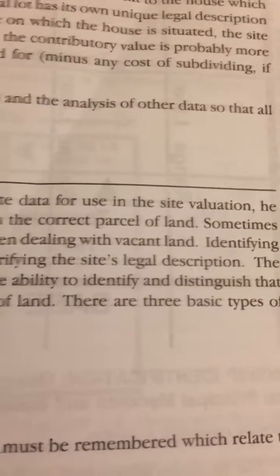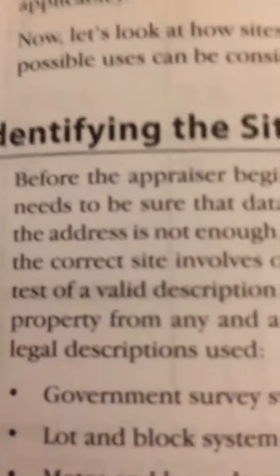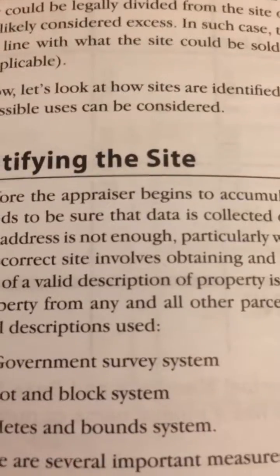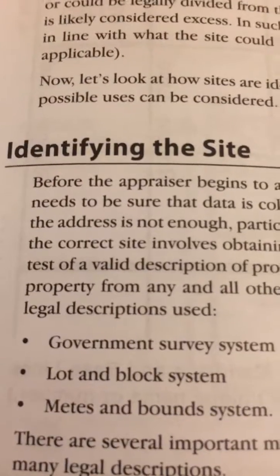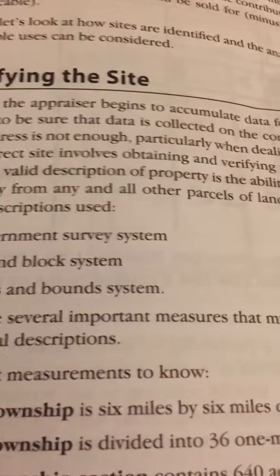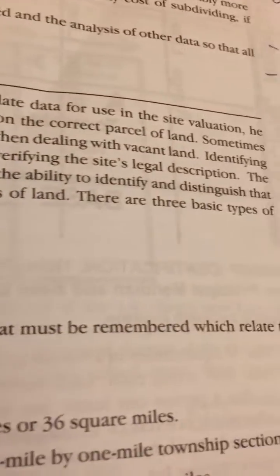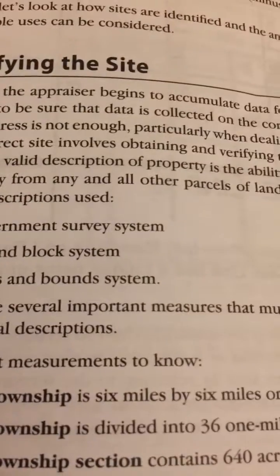There are three basic types of legal descriptions used: government survey system, lot and block system, metes and bounds system. There are several important measures that must be remembered which relate to many legal descriptions. Important measurements to know: